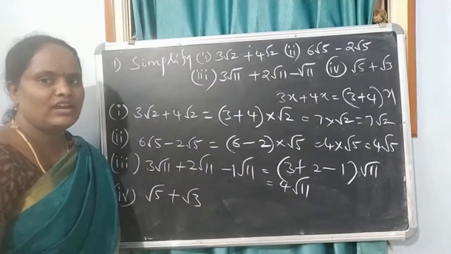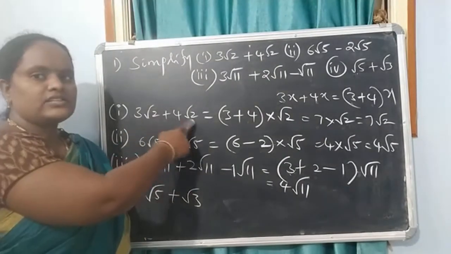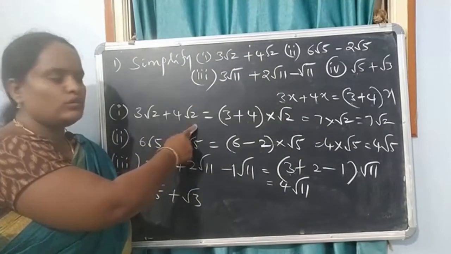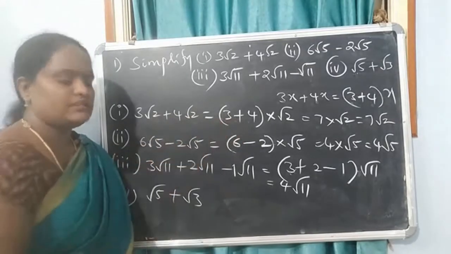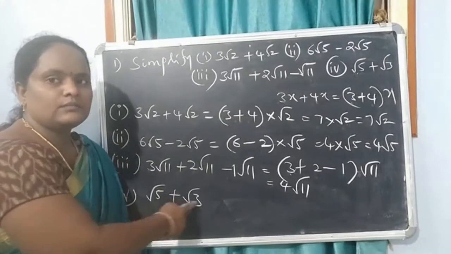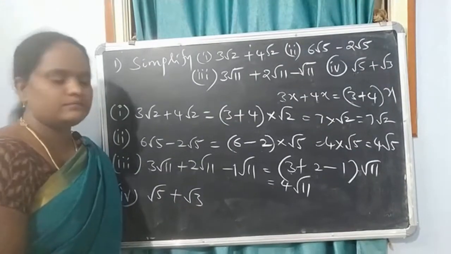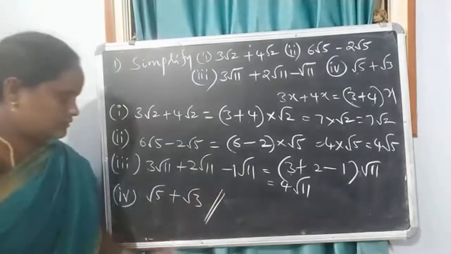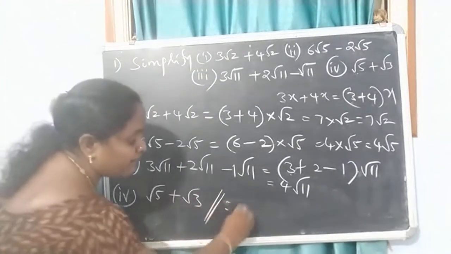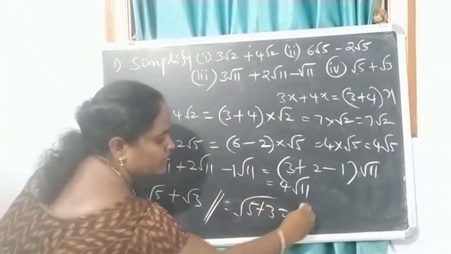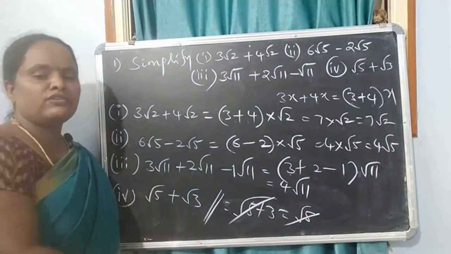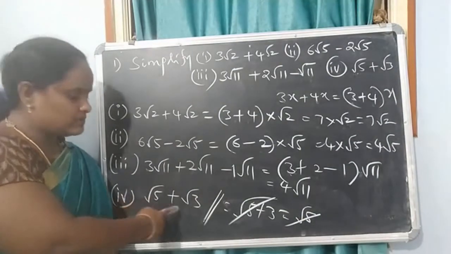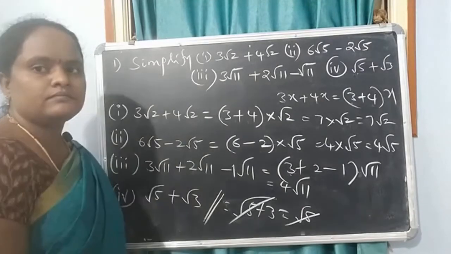Next, here root 5 and root 3, two different numbers are there. Remember, when the same irrational number is there, like root 2 and root 2, we call these like terms. Like terms can be added by adding the coefficients. But these are unlike terms, different, and unlike terms cannot be added. So root 5 plus root 3 is this much only. Don't do root of 5 plus 3, that is root 8, wrong. Root 5 plus root 3 is root 5 plus root 3 only. If at all you want to simplify, write this in decimal, this also in decimal, add and write the decimal. You can keep it as it is.